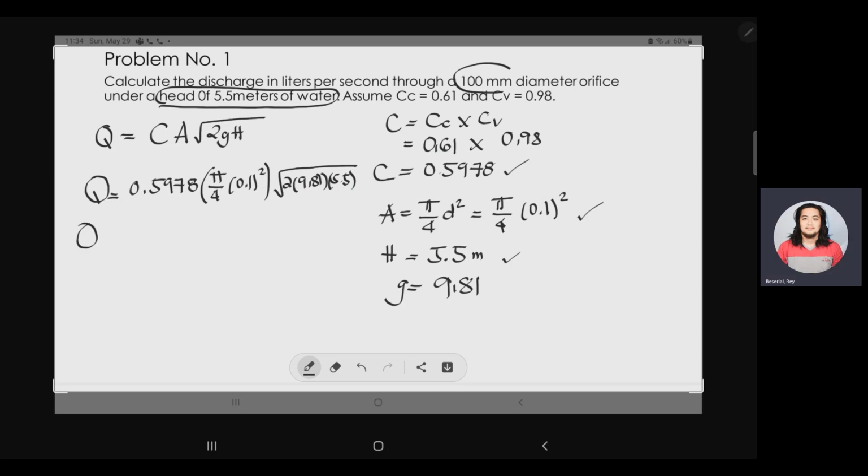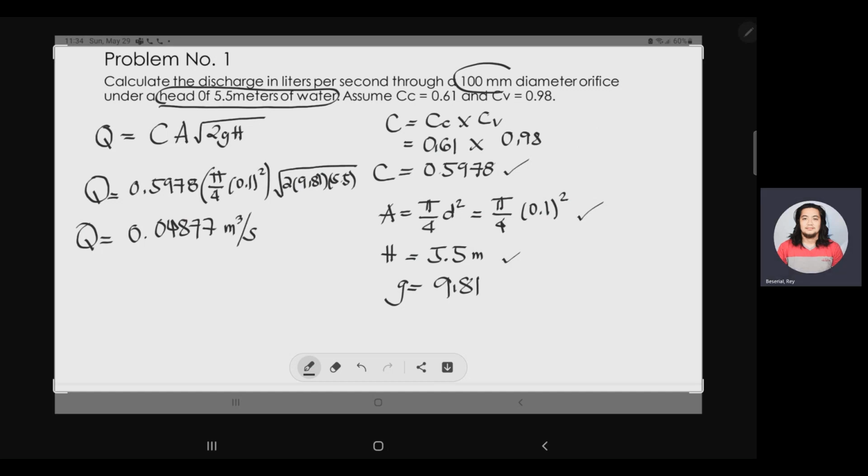So, yung ating discharge, paki-input sa calculator, ang lalabas na value is 0.04877